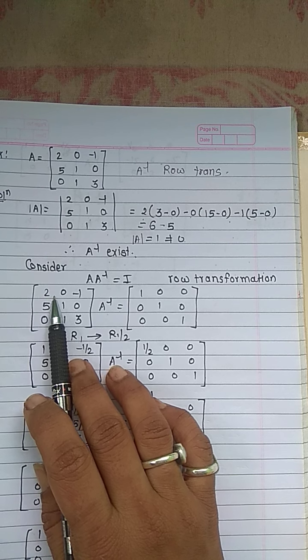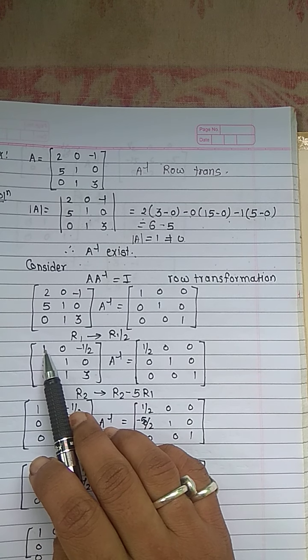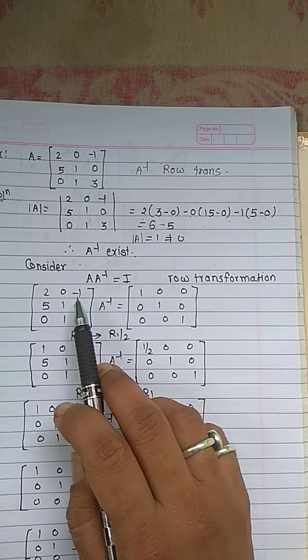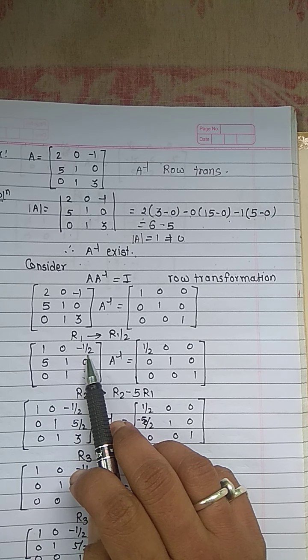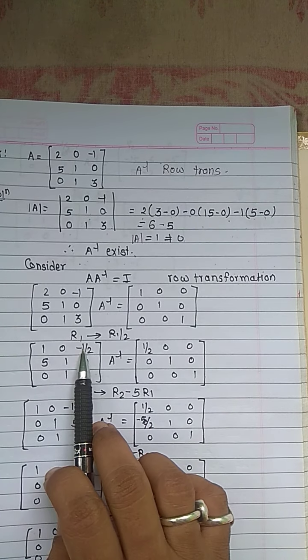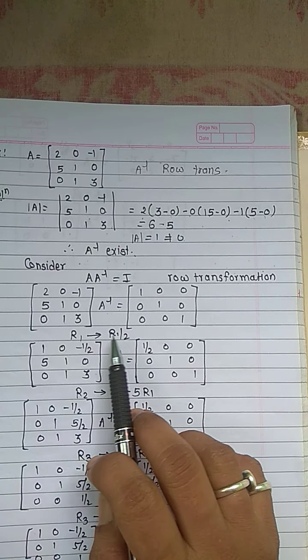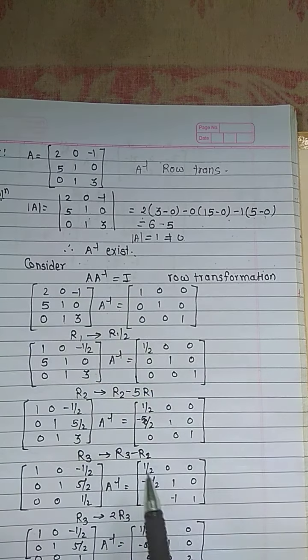First row, each element of R1 divided by 2, that is 2 into 2 is nothing but 1, 0 into 2 is nothing but 0, minus 1 into 2 is nothing but minus 1 upon 2. And the second row and third row elements remain the same. Into A inverse equal to, operate this operation also on the I